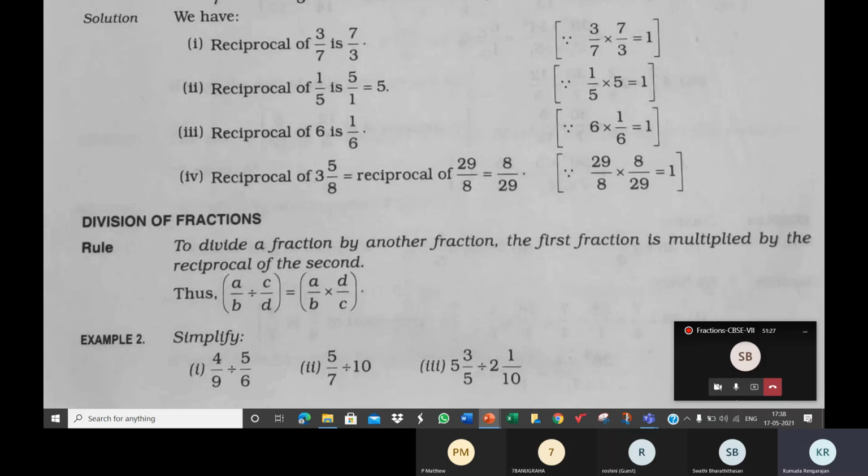We originally had the number 20 with us. We multiplied 5 to it, and we got this new number 100. We multiplied first by 5, now we'll divide by 5. So this number which we got, 100, we divide by 5. 100 by 5 is 20. You go back to the number 20. Meaning multiplication and division are inverse operations.